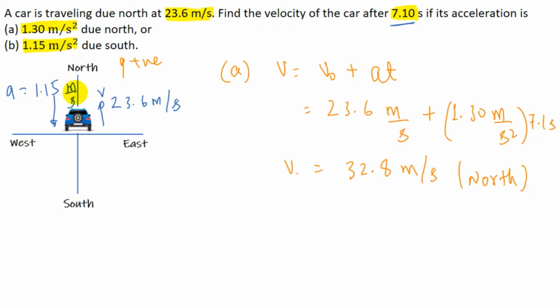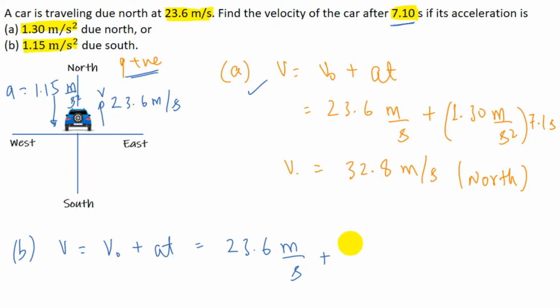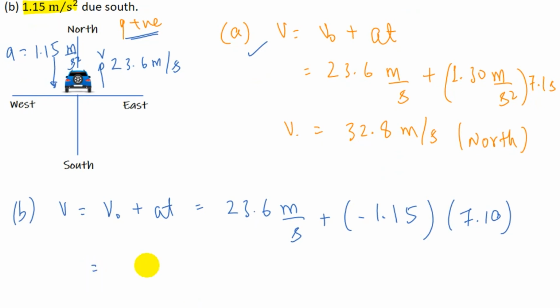Now for the second case we're going to use the same equation: v equals v naught plus at. The initial velocity is the same, 23.6 meter per second, plus, now this time the acceleration is opposite to our positive direction, so we have to take a negative sign here. So minus 1.15 multiplied by t, which is 7.10. We can solve this using our calculator and we'll get the answer to be